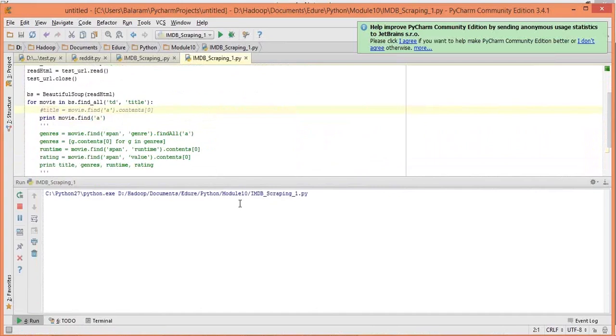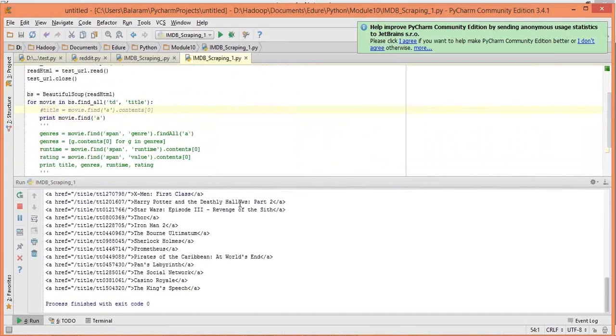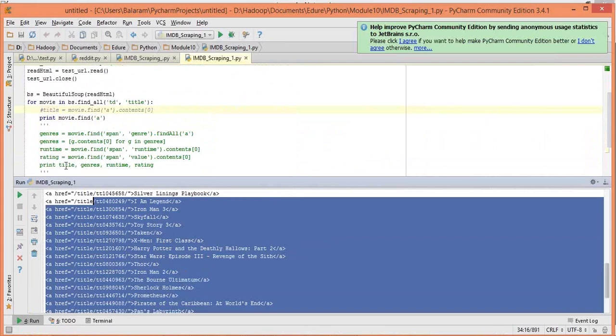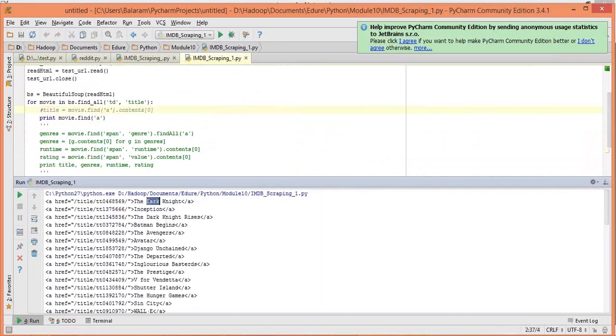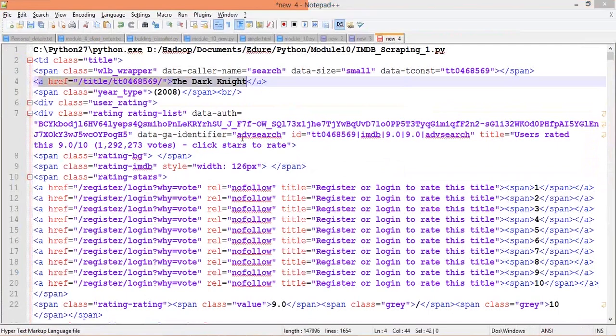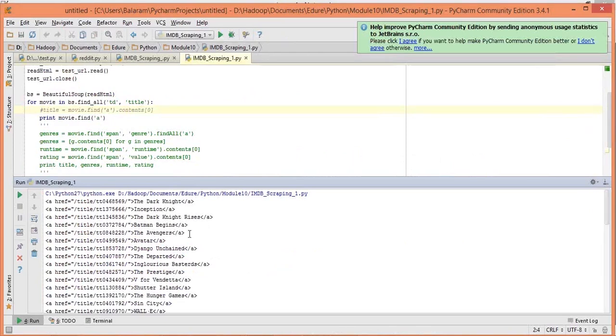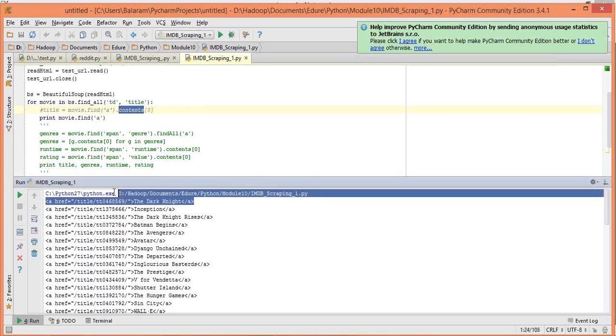Let me run this. I found out all the A's. Yes, you see, these are all the A's. Here A itself. First is Dark Knight, Inception, The Dark Knight Rises, Batman Begins, so on and so forth. And I'm saying just take the contents of 0, because anyways, I'm looping through it for each of those, and I want to find out each of this individually. So I just take the Dark Knight, and then I say contents of 0, which is nothing. And now moving on,